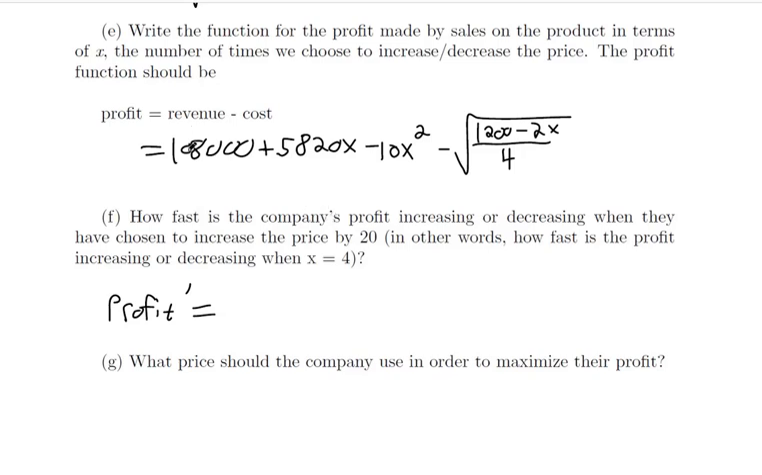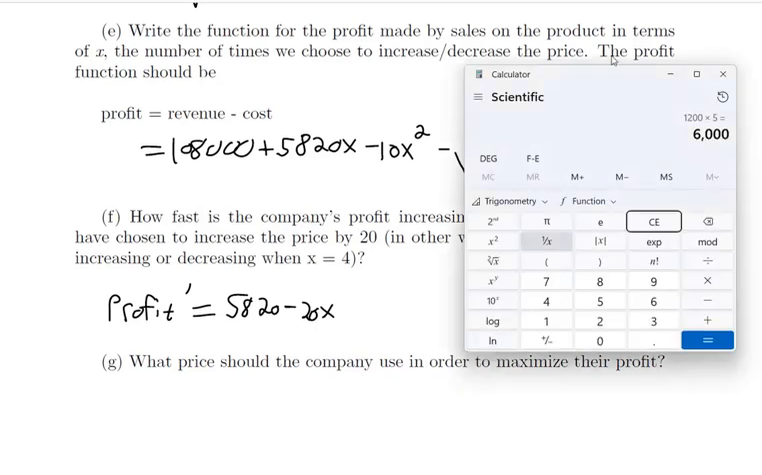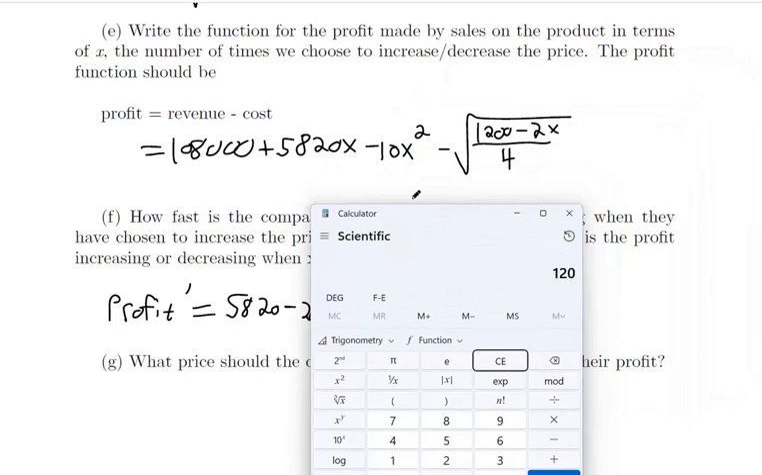And if I take a derivative, this term turns into 0 because there's no rate of change for a constant. This term is 5,820 because the 1 comes down and the power gets reduced by 1. And then this term is minus 20x. And then the last term over here can be a little tricky. Remember, that's a 1/2 power. So if I clean this up a little bit, let's divide 4 into both those things in the top. 1,200 divided by 4, that's 300